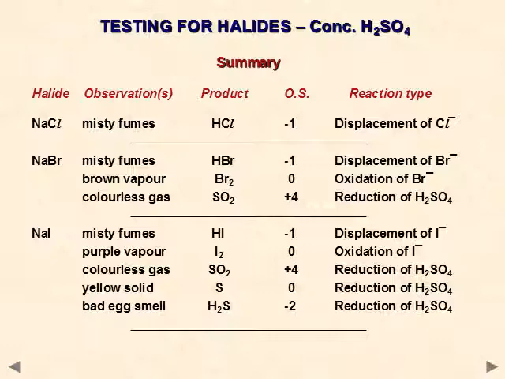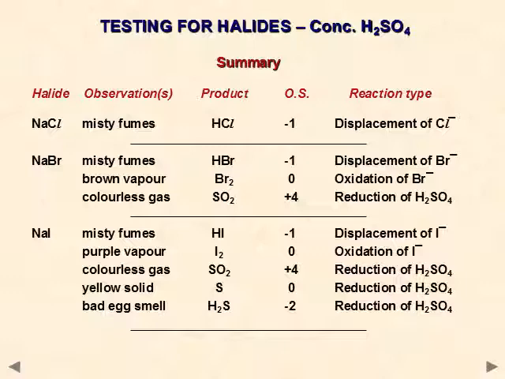So with sodium bromide you have three products formed, and there is first a displacement reaction and then a redox reaction. In case of sodium iodide, you will see a list of observations because sodium iodide forms hydrogen iodide when reacted with concentrated sulfuric acid, which is a strong reducing agent, and it causes the reduction of sulfuric acid step by step until it no longer has the capacity to reduce. So HI is formed, which gives white misty fumes.